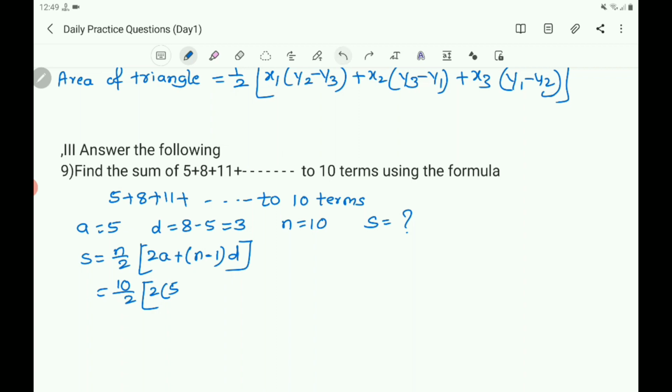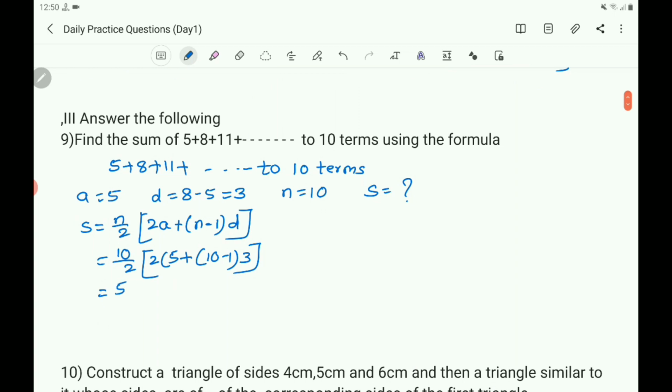Plus you write plus only. N means 10, N is 10 minus 1. D is 3. In the place of D, you write 3. That equals